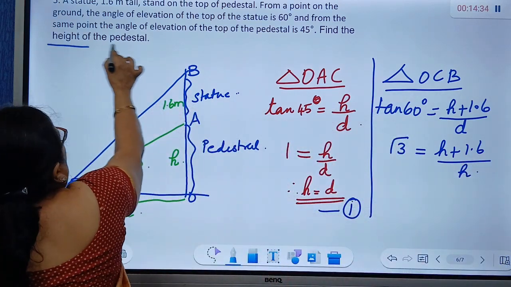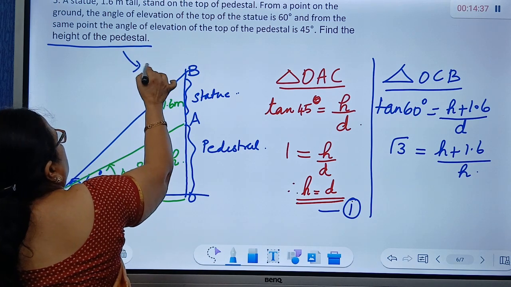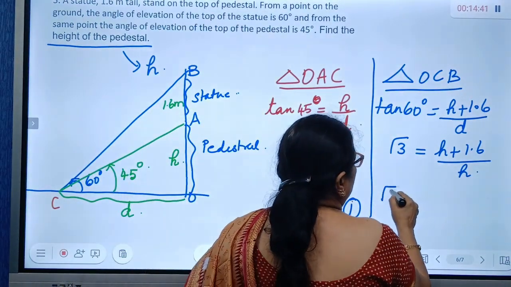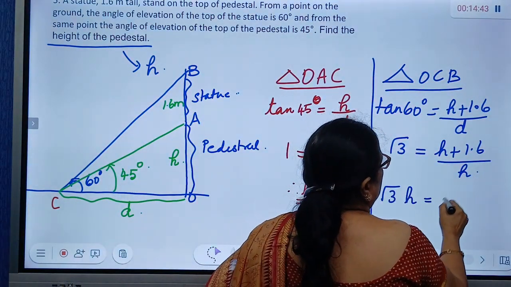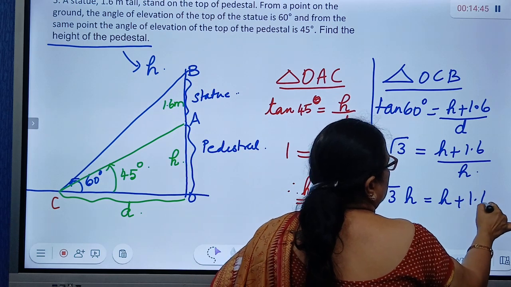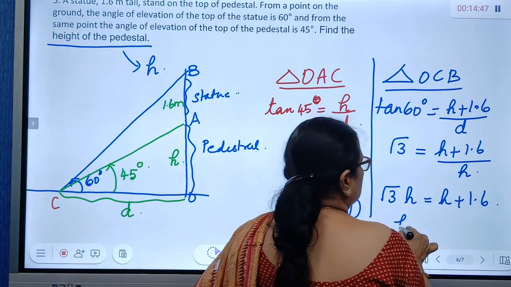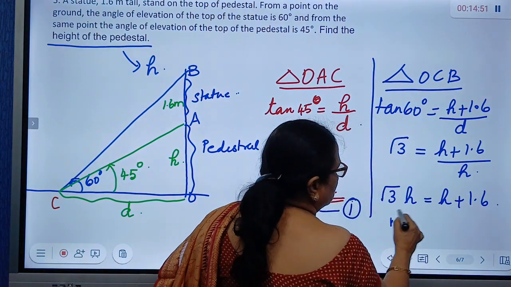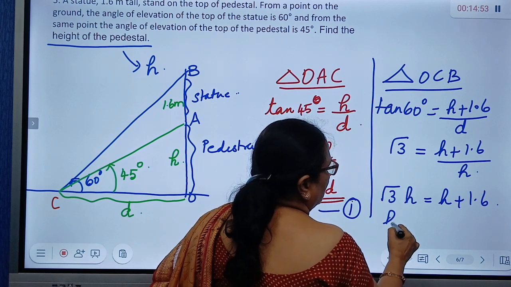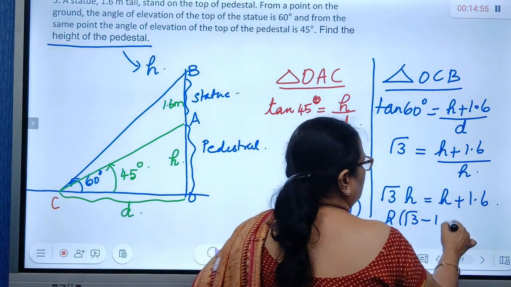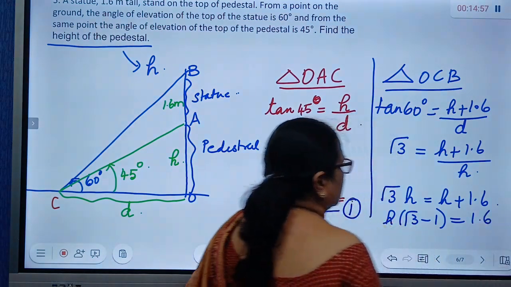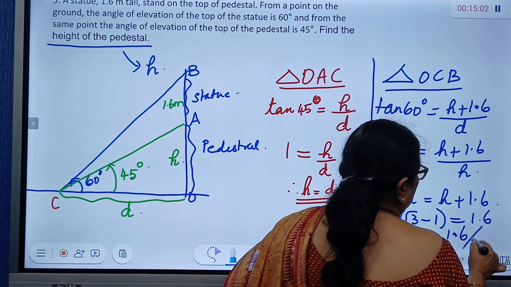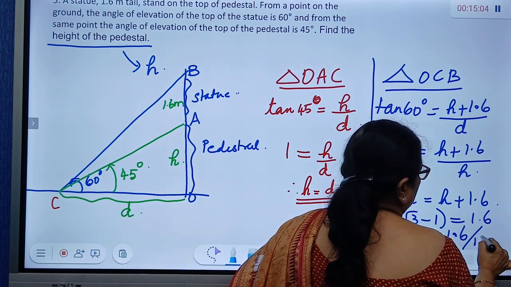You have to find the height of the pedestal, which is h. Therefore, root 3 h is equal to h plus 1.6, or h into root 3 minus 1 is equal to 1.6. So, h is equal to 1.6 by root 3 minus 1,